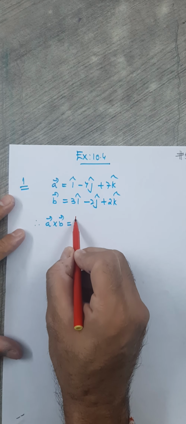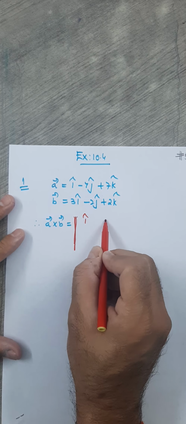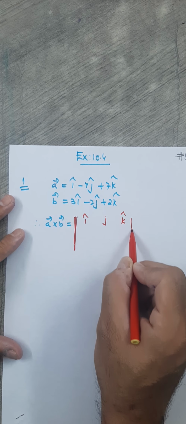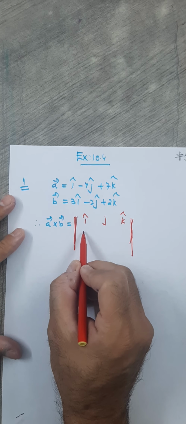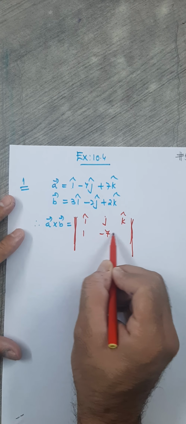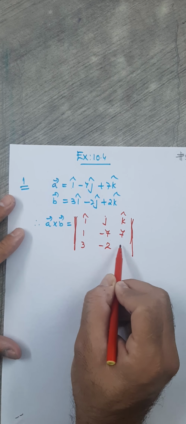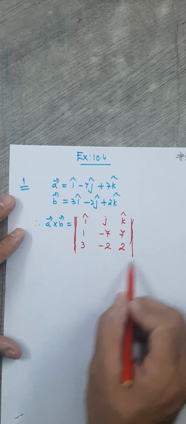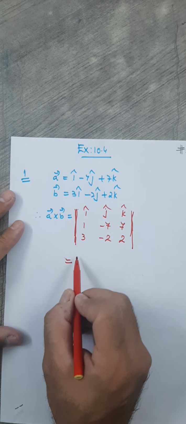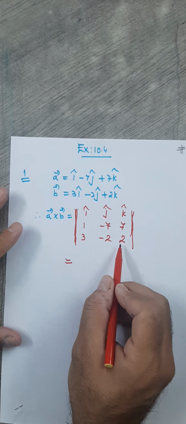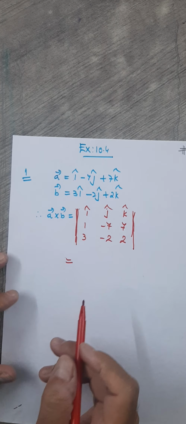So here the cross product equals the determinant. The first row is always i, j, k. The second row has the components of the first vector: 1, minus 7, 7. Here 3, minus 2 and 2. Now we just expand this as we were expanding a determinant. Here i cap, how do we do this? If you just recall,